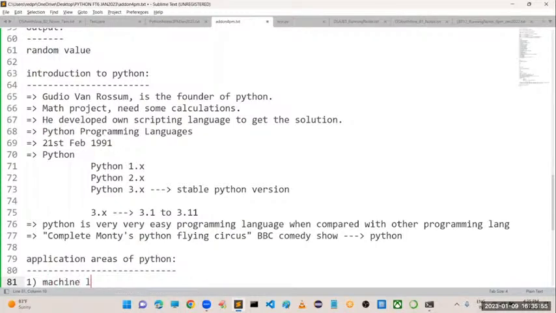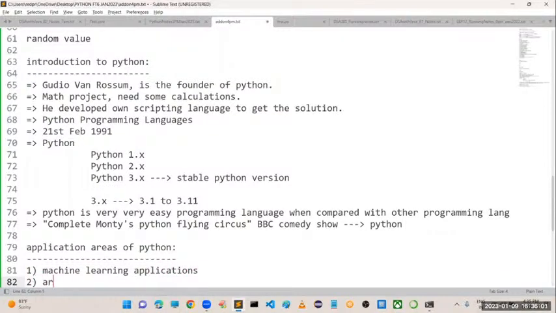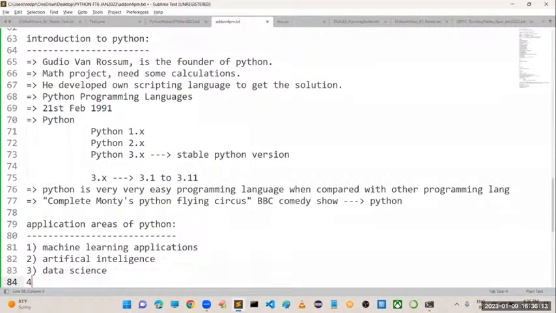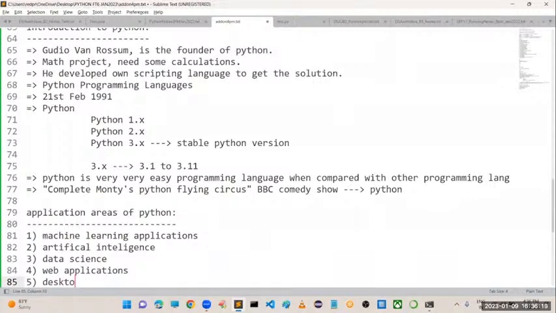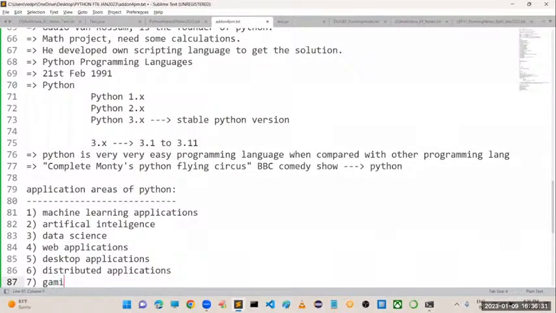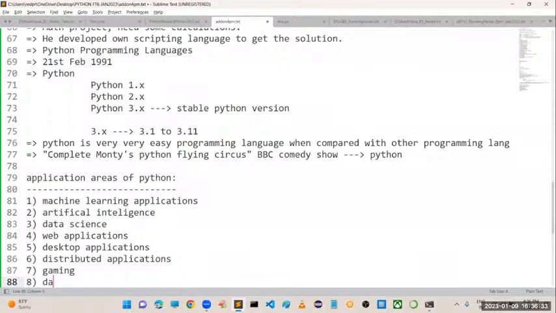It is used in machine learning applications, artificial intelligence, data science, web applications, desktop applications, distributed applications, gaming domains, and data analysis.